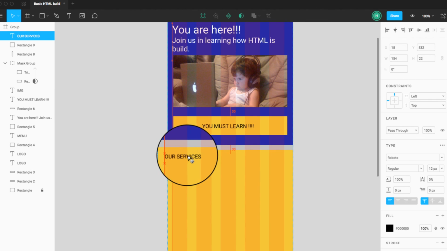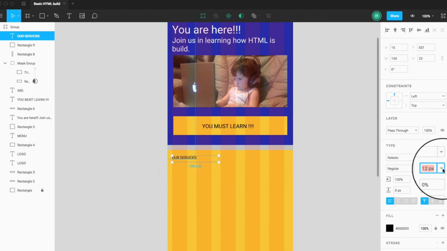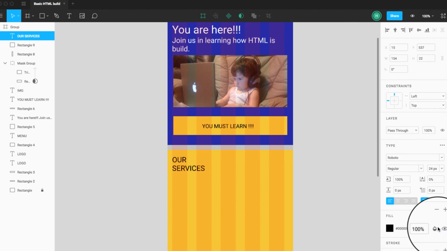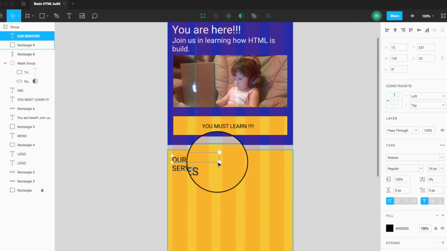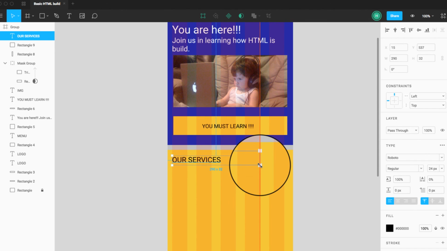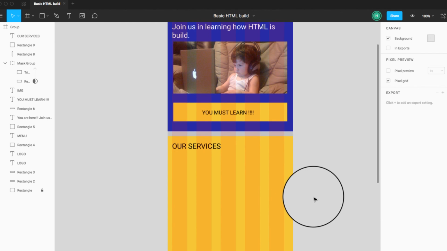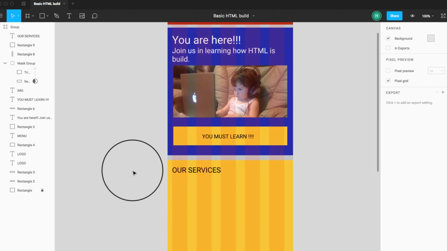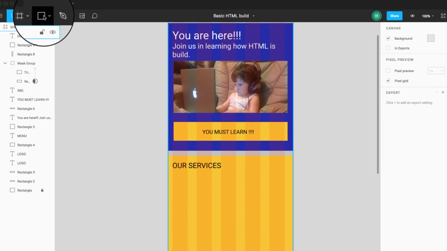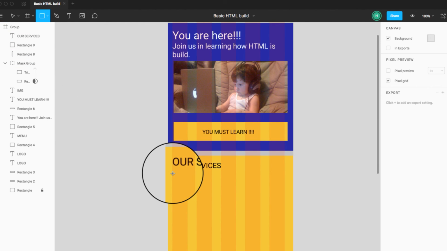And let's make it nicely clean. And our services should be 24. Let's expand all the way across, I would think. Okay. And then we're going to add your services, and maybe that's in a nice cool box,